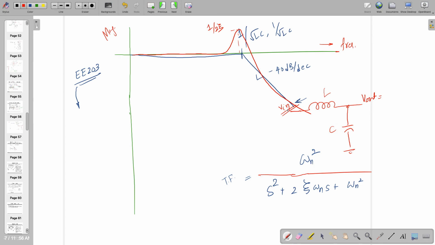Because the condition has been created near 1 by root LC, V out is higher than V in. If you want, Saurabh can tell that. We did it in the laboratory for students, and we did this experiment for second year students. You can also try. This is very simple, inductor and capacitor. If you are visiting the laboratory,